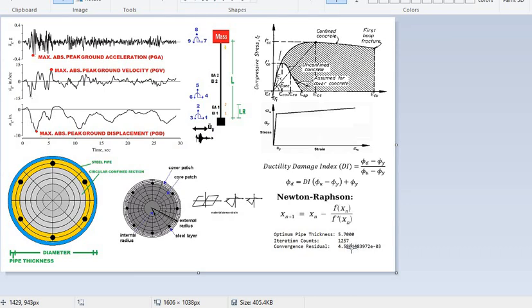You see, it takes a very long time to run, and you can run it very well, but it takes much time, and most of the time you have convergence problems. So let's go back to the